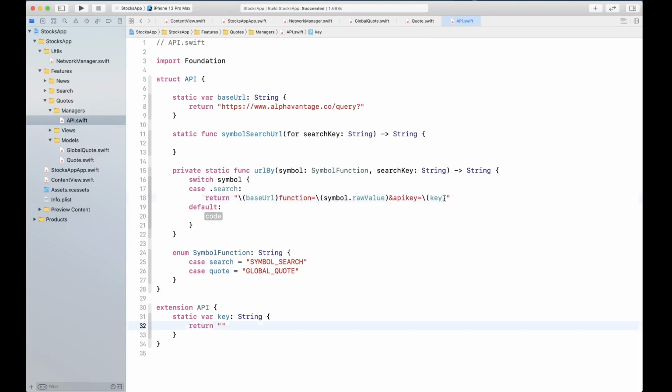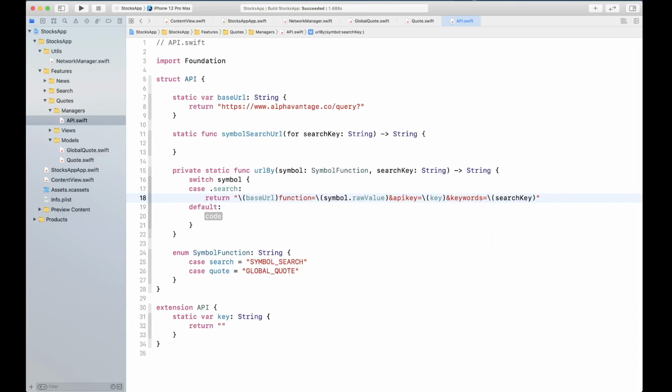This is your API key, and the keywords. So if you're searching for something, then you need to provide keywords. So that's called keywords, and this is where we can supply our search key.